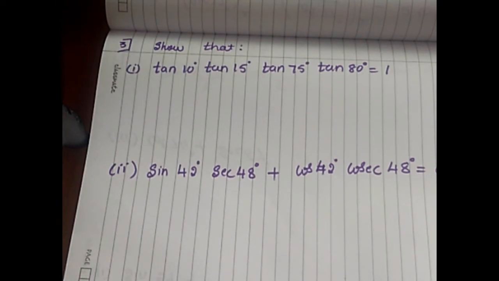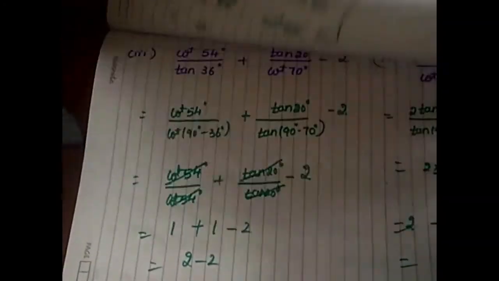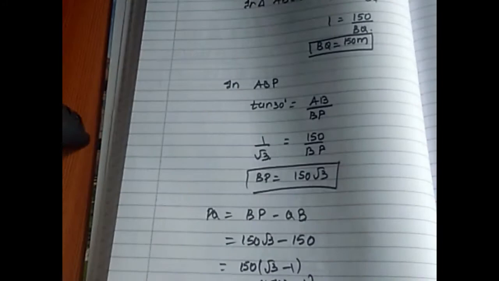In the previous class we started with chapter number 25, and in exercise 25 we completed the solution for the first and second mains. I hope you have gone through that video, children. This is about complementary angles. Let's recall all the complementary ratios and write them once so that you get practice.